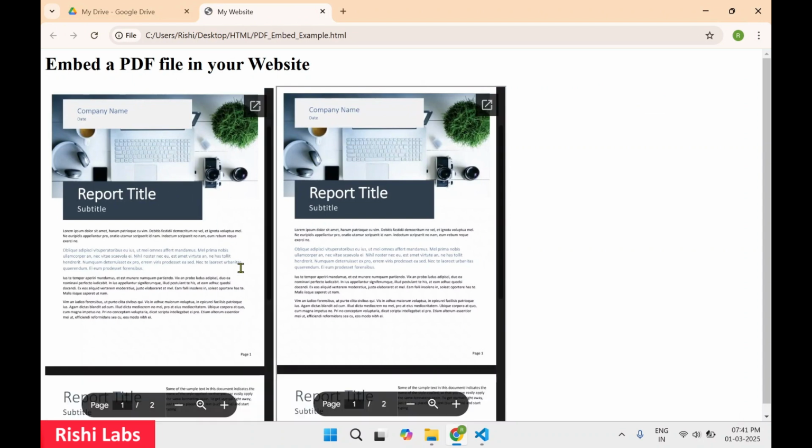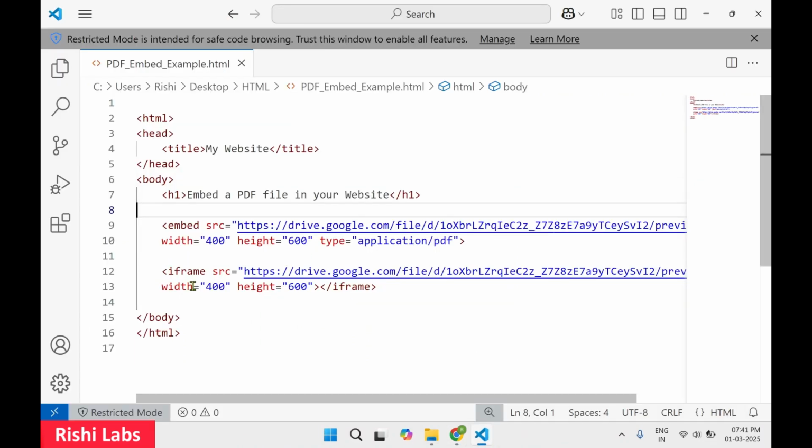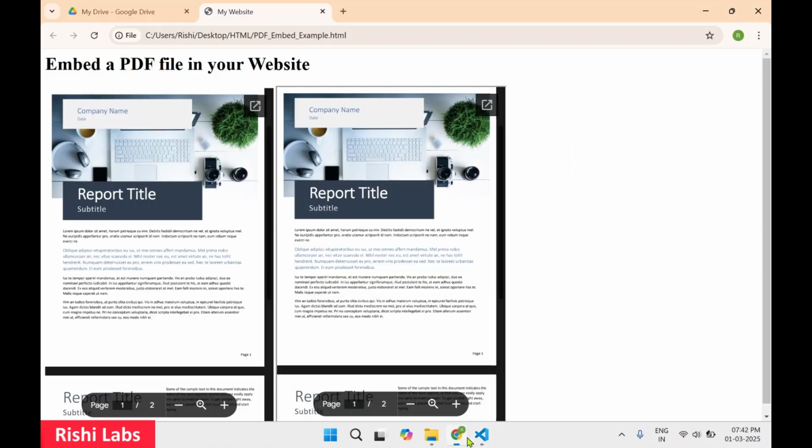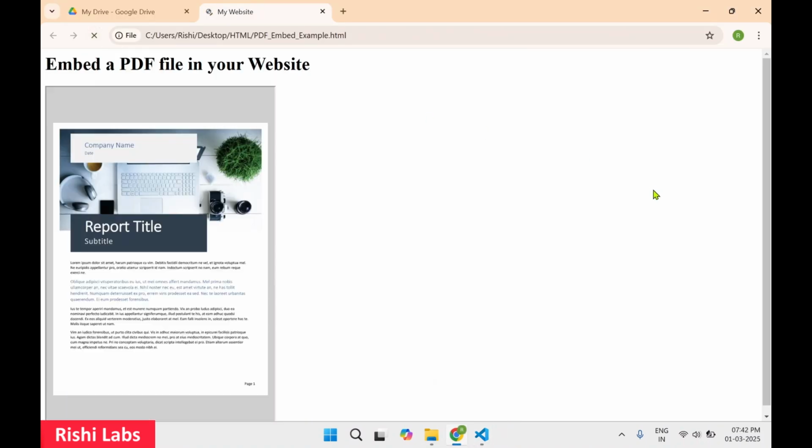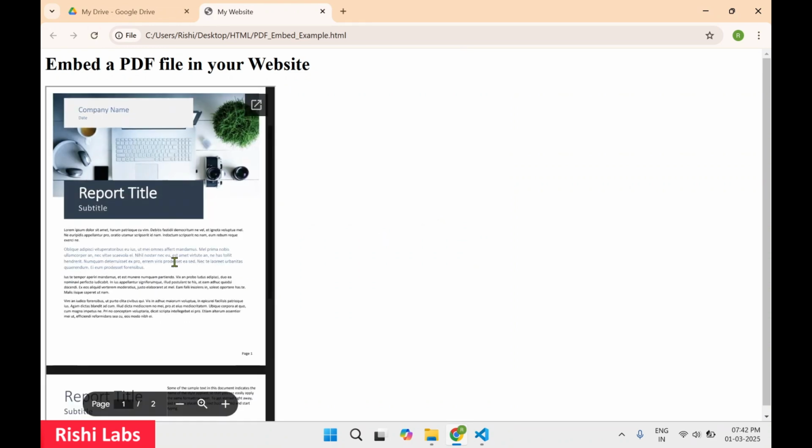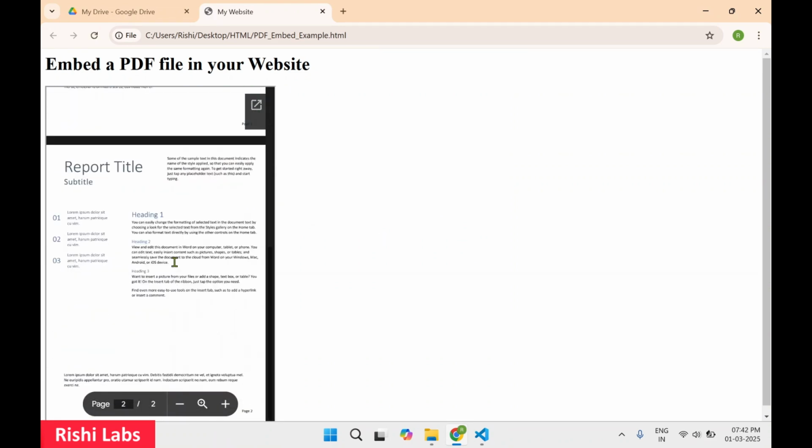So now we can see we have embedded the PDF document from the Google Drive in our HTML page. We are able to see it two times because we have used embed as well as iframe tag. So if I just comment this part and save this document, just refresh this, we are able to see the PDF document, and we can scroll it,